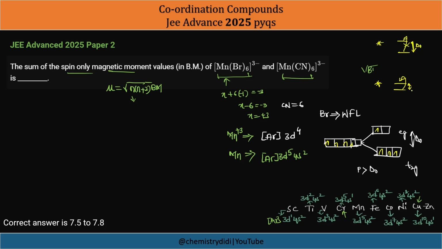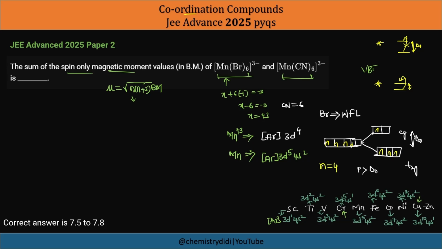Here the jump is easy in case of weak field ion. In case of strong field ion, the jump is not easy, so pairing takes place over here. I hope you have understood these two points. These are the things that you need to understand in coordination compounds, because most of the questions are asked from these topics. Okay, so here we have understood